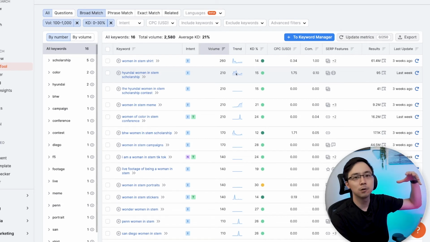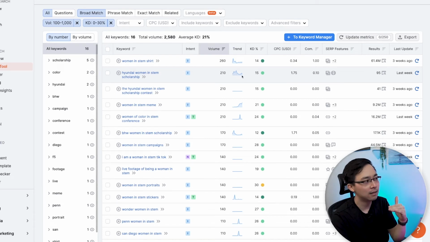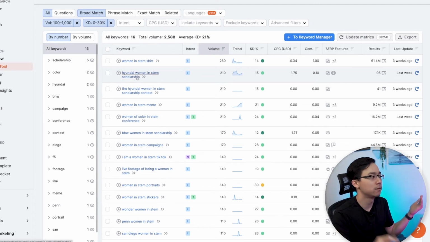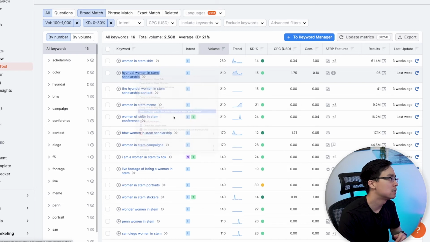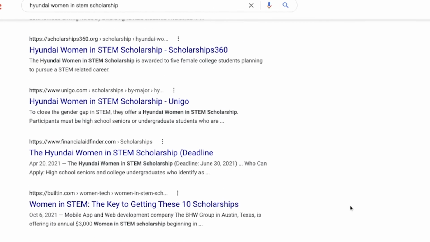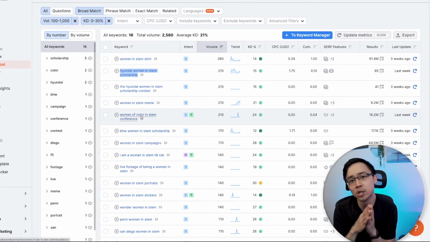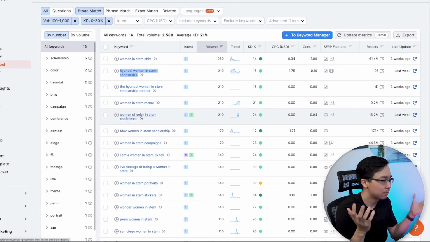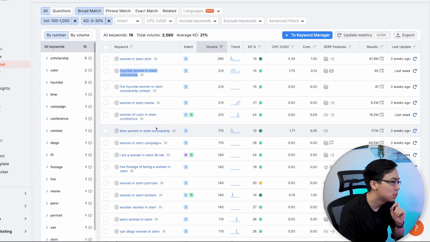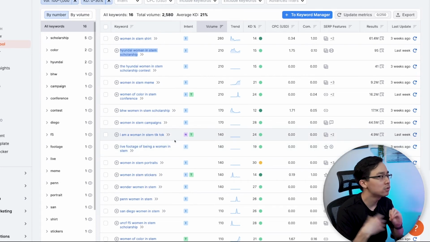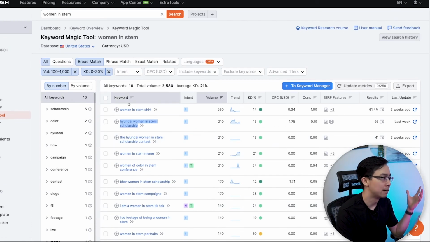It has some spikes in the first half of the year, but then it kind of flatlines out for the remainder of the year. So what this would mean for me is that I could actually just search for this particular phrase, and if I were to do so, it would tell me exactly what sort of content is ranking really well for this particular long tail phrase. So maybe there's something in which I could create some content around how to best apply for this particular scholarship or something else there. But what I might also do is look into some of these other keywords here to see what sort of content I might be able to create for my particular niche.